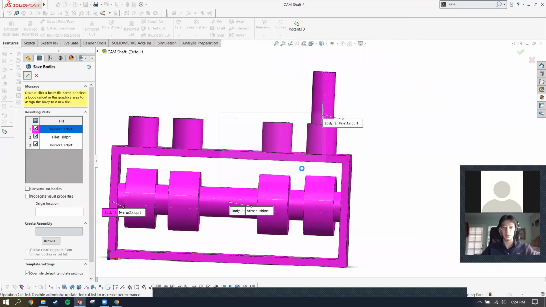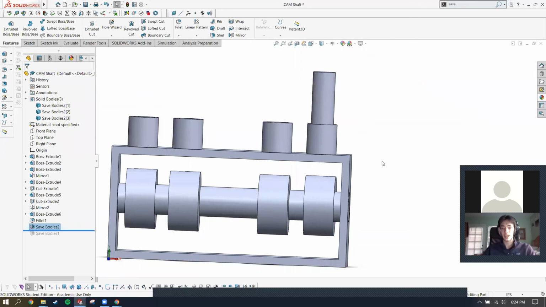But that's how you can take the bodies and put them into separate parts. Now they're saved as split parts, and that's slightly different from your standard SolidWorks part in that it's a derived part, essentially. What that means is it depends on the dimensions that are specified in another file. So if I open up any of these bodies that I have saved,